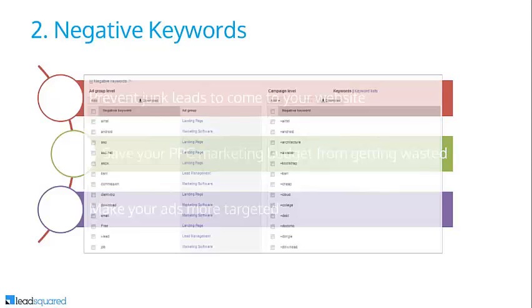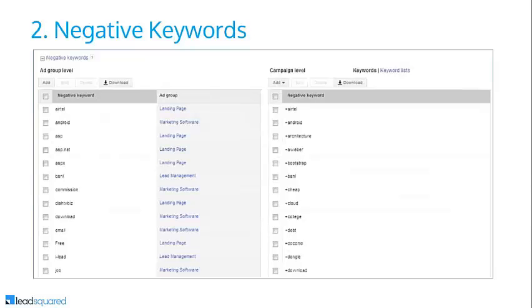Just given an example here, you can see the list of negative keywords that we have marked. From the report we get about AdWords, we have listed down these keywords and marked them as negative so that our ads that we run on Google do not get generated on these keywords. You can see there are ad group level keywords, there are campaign level negative keywords, and there are more. You can keep adding them as you find out what keywords are negative for you.